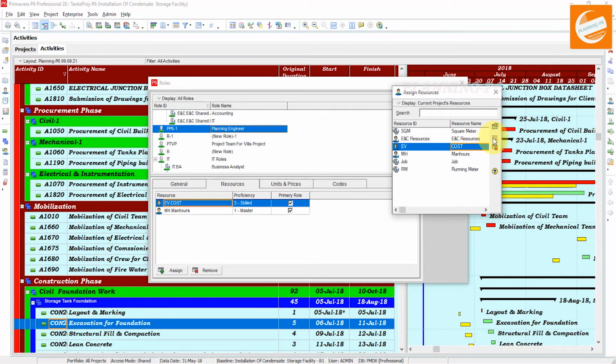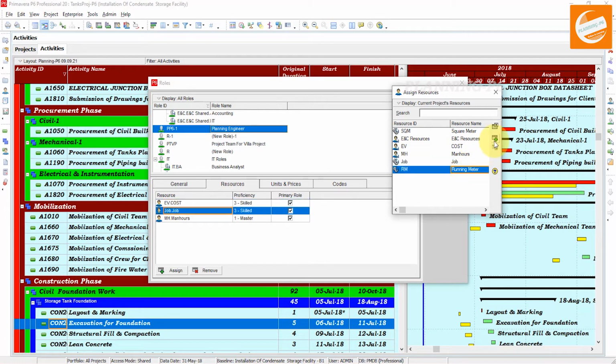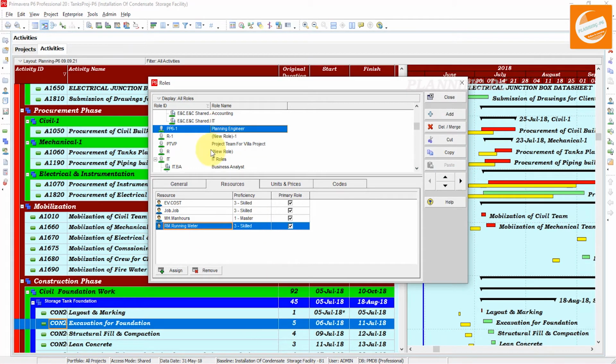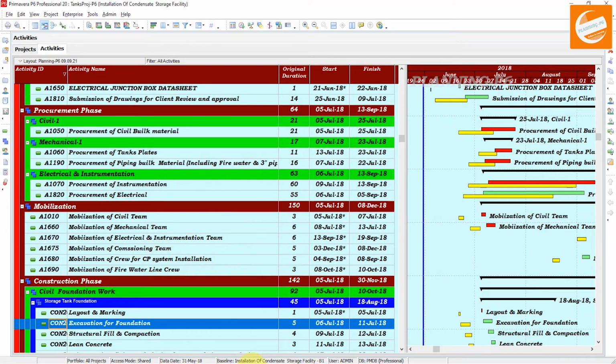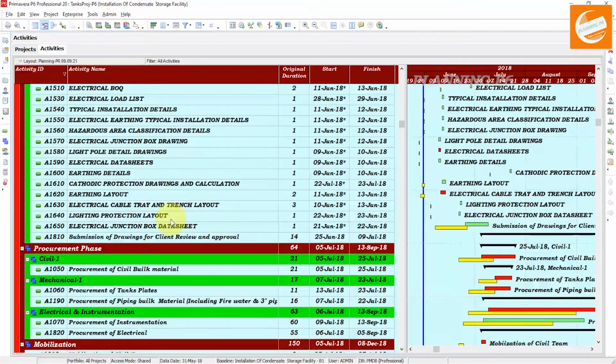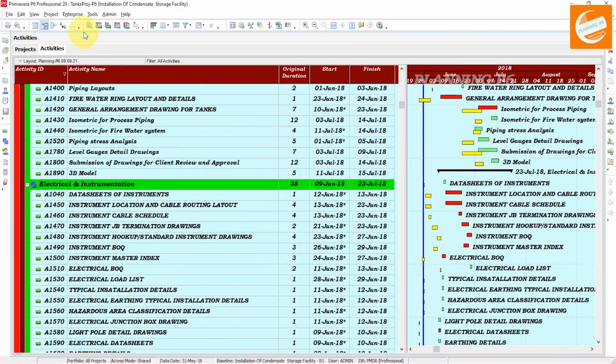And we can add more resources to that. EV resources here, job is here, running meter is here. You can assign unlimited resources to a role, and you can also check or uncheck the primary role. Okay, close that window and go to the Activity tab. In the Activity tab, show the bottom layout.